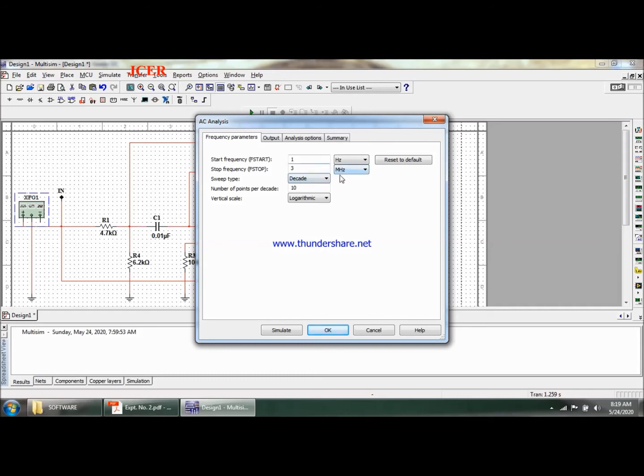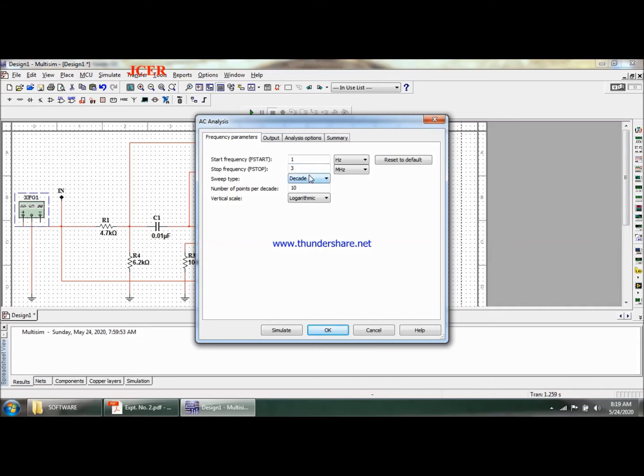Why I am selecting 3 megahertz is since whenever I operate the same circuit on my hardware, the function generator by Scientific has the capacity to produce a 3 megahertz signal. So I want both the theoretical and the simulated waveform to match the response. However, there is no harm if you go in terms of gigahertz; you will get excess points after the 3 megahertz.